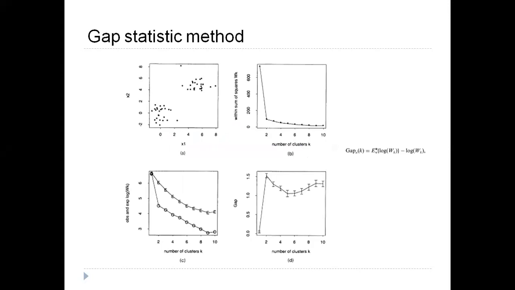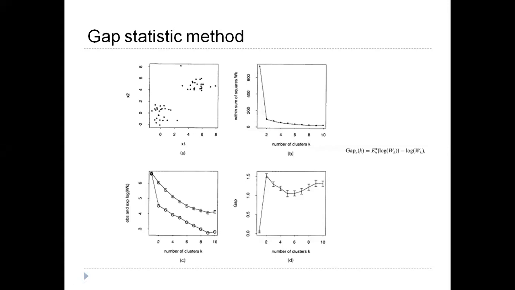As I told you before, this is based on the research work of a professor at Stanford University a decade back. So how it works is, you calculate the same within sum of squares. Remember, that is our cost function, right? So here you'll be plotting within sum of squares against the number of clusters the same way, and taking where the curve bends. According to the first method, the elbow method, you'd take k equal to 2.